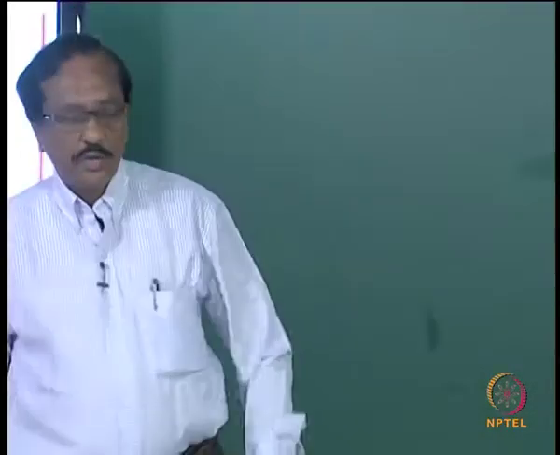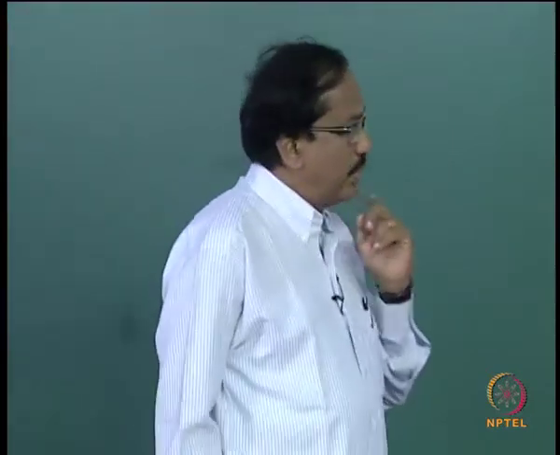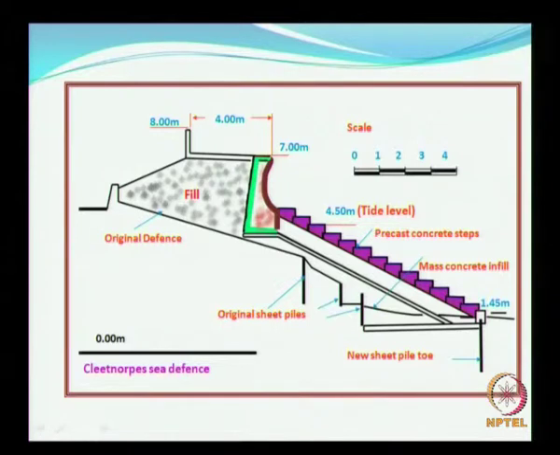So, we will continue to look at the different types of sea walls, and then we will proceed with other types of coastal protection measures. Now, if you look at this kind of sea wall, it looks quite massive, and this is a type of design that has been adopted in a few sites along the US coast, and this has been taken from the Coastal Engineering Manual.